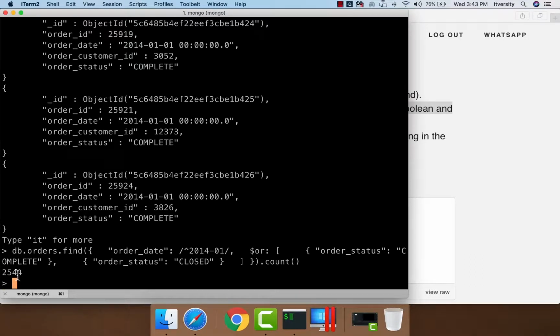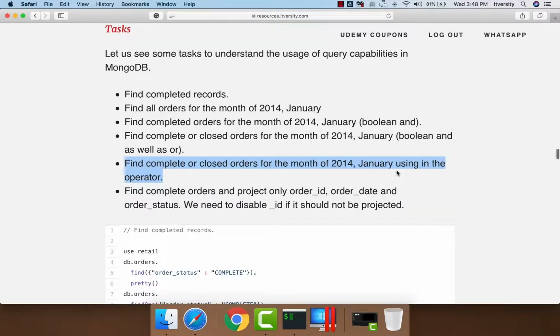You can see there are 2544 documents with respect to orders which are placed in 2014 January and in complete or closed state. Earlier, when we checked for 2014 January and complete state, we got only 1911 documents, which means our sanity check seems to be correct. As we are able to get 2014 January orders which are in complete or closed status using Boolean and Boolean or operators,